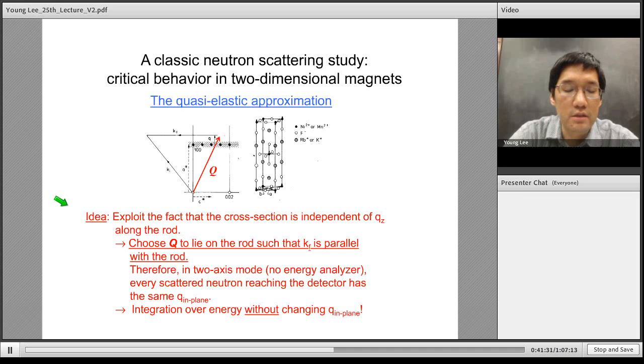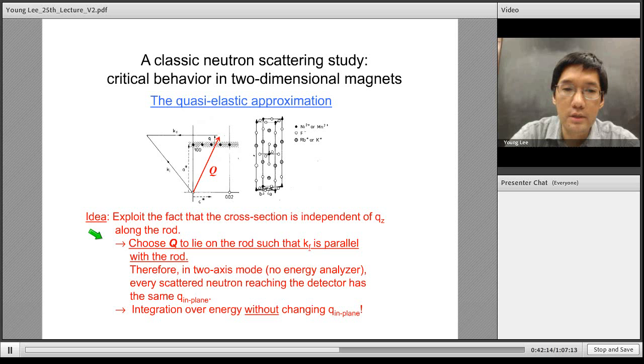The basic idea is to exploit the fact that the cross-section is independent of QZ. This is the component of Q that's along the C direction. We said that you get these rods of scattering along C star, so the cross-section is independent of that C star direction, and I call that Z as well here. So we're free to choose the Q position along the rod through which we want to do our measurements,